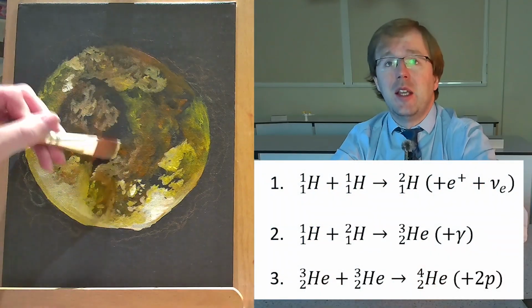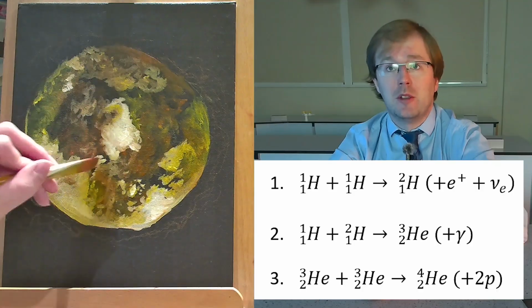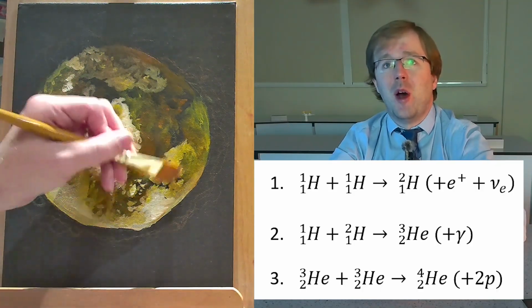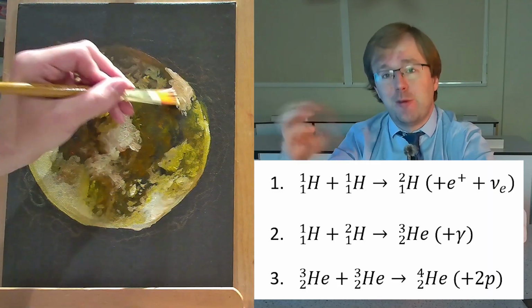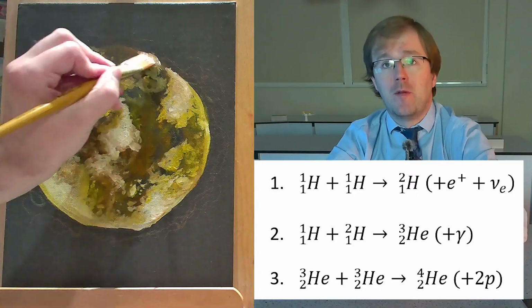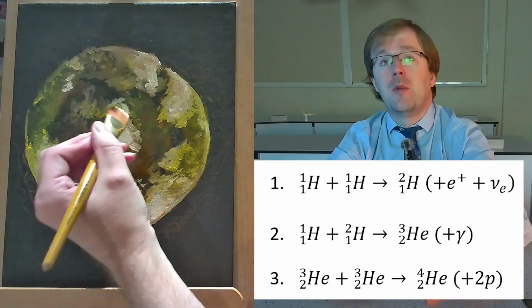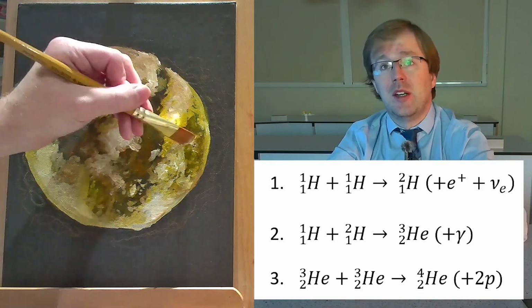So initially we have two regular hydrogen nuclei, so essentially protons, smashing into each other. They form an isotope of hydrogen called deuterium. So one of the protons is forced under the extreme conditions into becoming a neutron. In the second stage, we can see another regular hydrogen, so a proton, coming in and colliding with that deuterium,